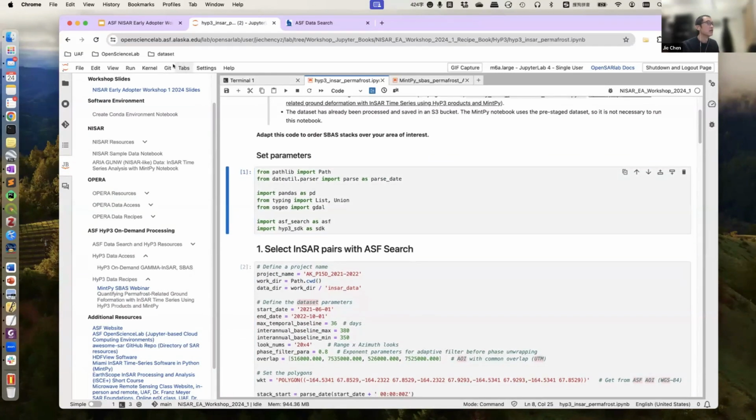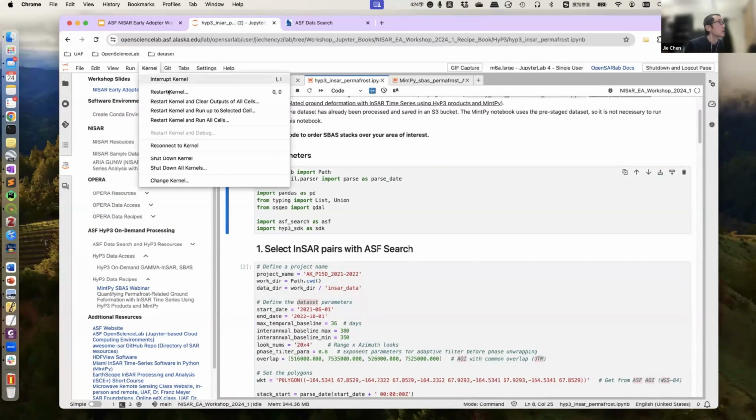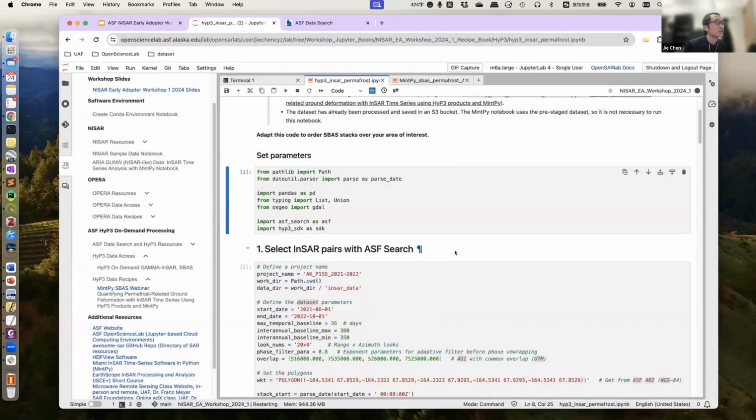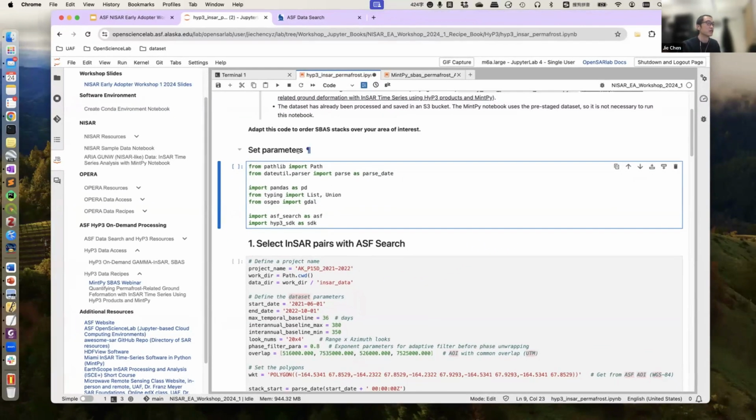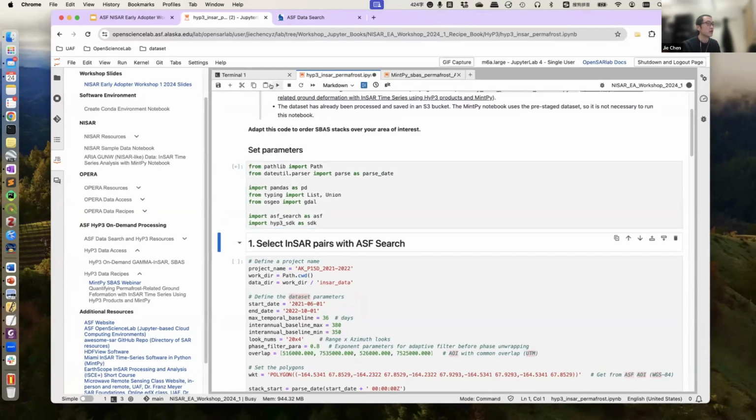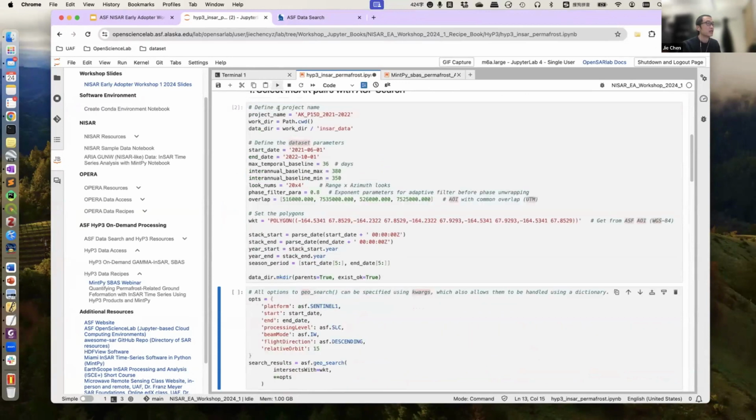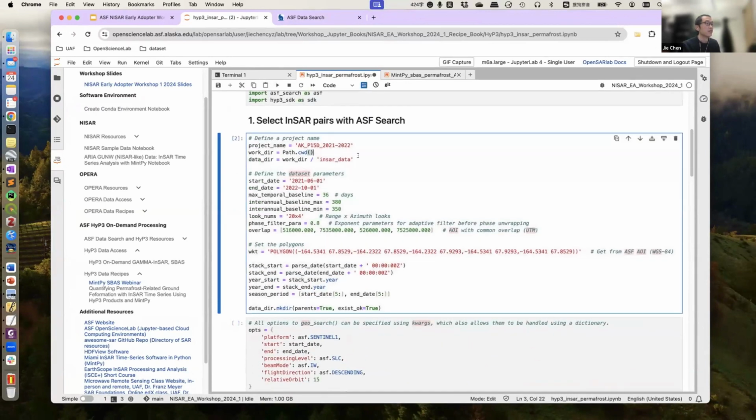Here, we can first restart and clear our cells. It will not take a long time, so you can run step by step. Here I provide all the parameters and the folders. For example, here's the project name, and where we can download the InSAR data,